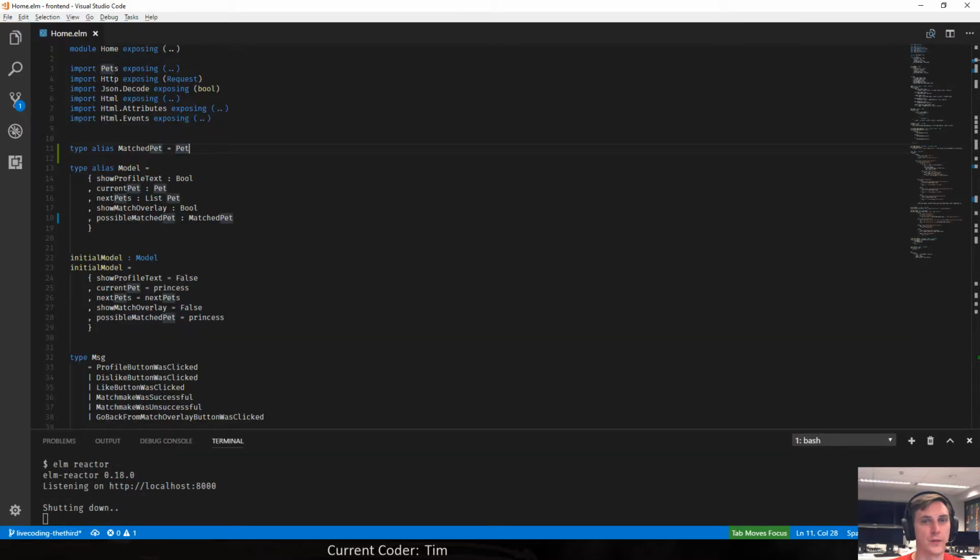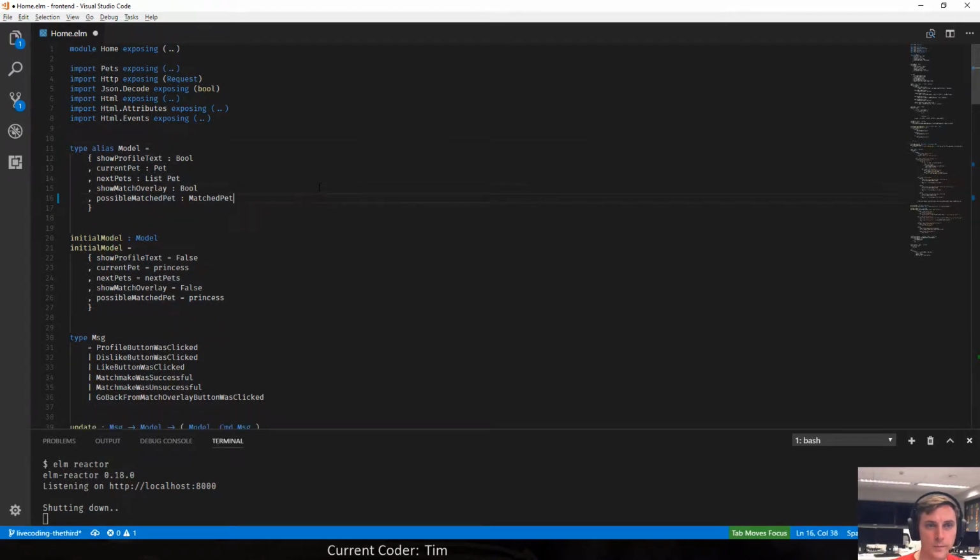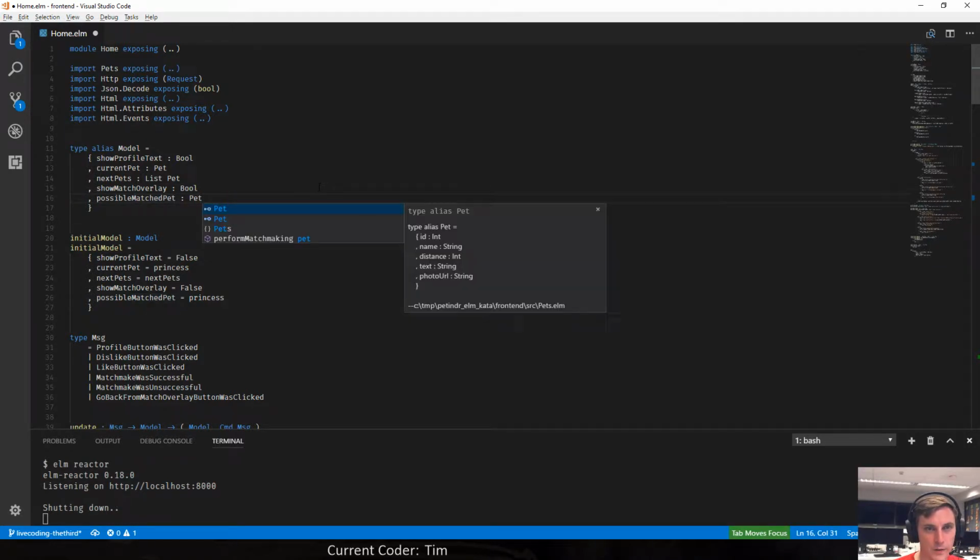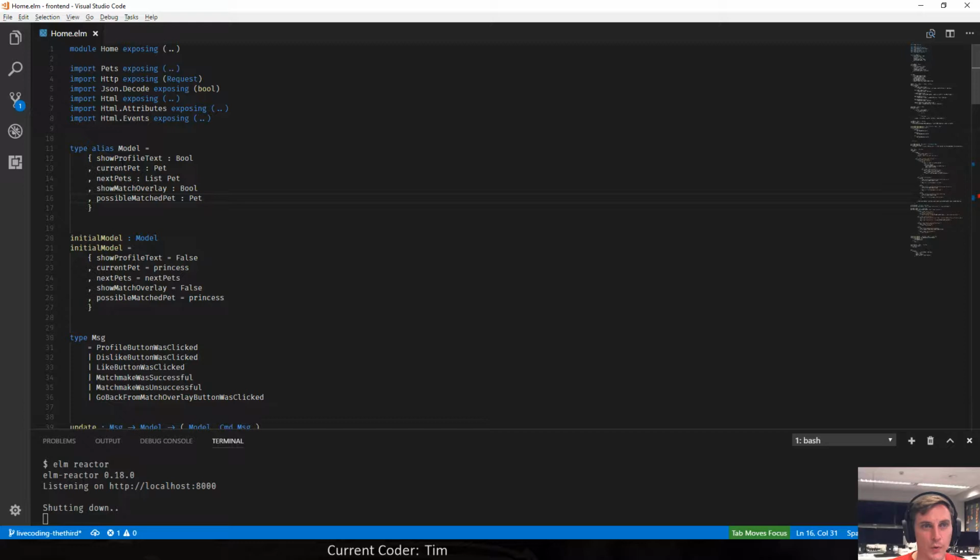Maybe I can show you that stuff in code a little bit. So here's our model. It consists of a show profile text boolean, our current pet, so the one that's being displayed right now, a list of next pets, which slowly shortens until none are left, and then princess is shown. Another boolean tells our view to show or hide the match overlay,